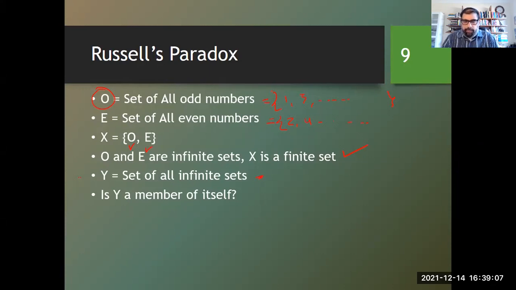हर सेट का एक इम्प्रॉपर सबसेट होता है, तो जो वो खुद होता है, तो फिर Y भी अपना इम्प्रॉपर सबसेट होगा, यानी कि Y is a member of itself. देखिए Y जो है ना, आपने बताया था, अभी मुझे एक्सप्लेन किया था थोड़ी देर पहले, कि कोई भी अगर इनफाइनाइट सेट होगा वो Y का मेंबर होगा, ठीक है ना? आपने बताया था मुझे अभी थोड़ी देर पहले। जी